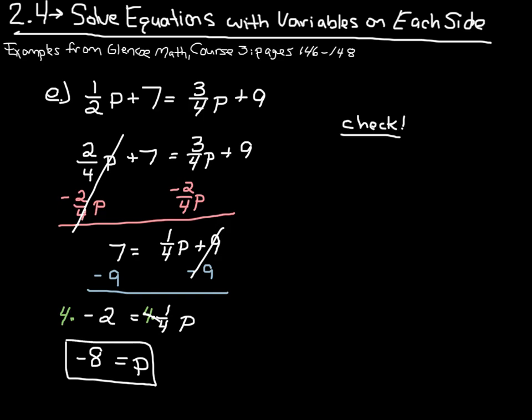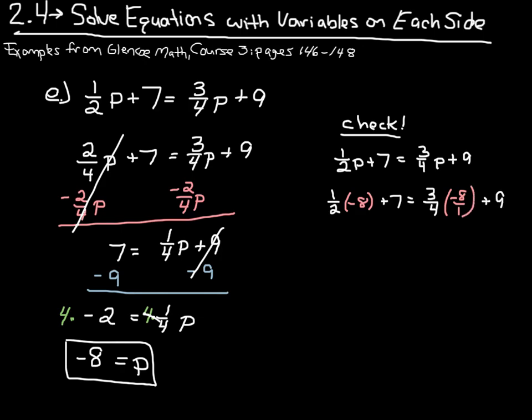Now we still need to check our equation. We'll rewrite the original equation 1/2 P plus 7 equals 3/4 P plus 9. Substitute in your -8. So 1/2 times your -8 plus 7 needs to equal 3/4 times -8. Now I'm going to write this as -8 over 1 to help us visualize what happens next. Plus 9. Now, 1/2 times -8 is simply -4 plus 7 equals, for the 3/4 times -8, why don't we